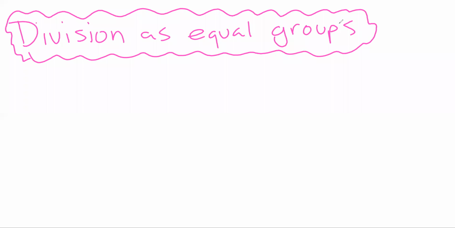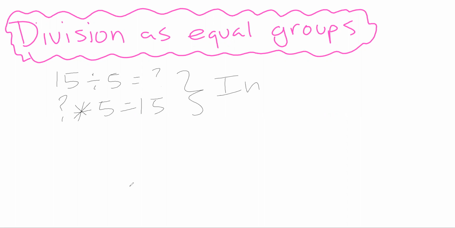All right, so as we continue this work with division, we've been talking about how we can solve division problems using facts we know. So if I had something like 15 divided by 5 equals something, I could say, well, something times 5 equals 15. That idea of the inverse operation, doing the opposite. I could just think about that, counting out 5, 10, 15. Oh, I counted 3 times. So 3,